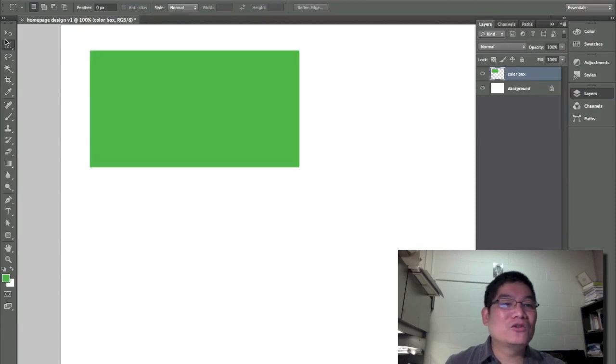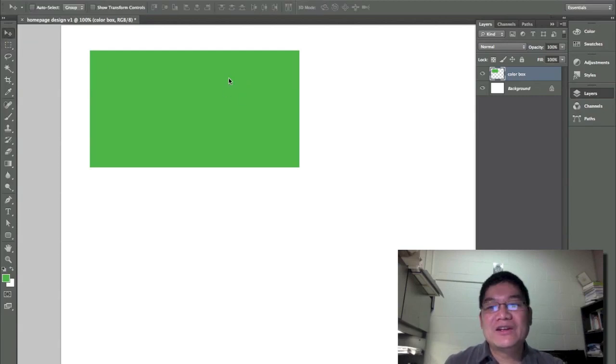So now we can use this tool. This tool is to move the object around on that layer. So if I just